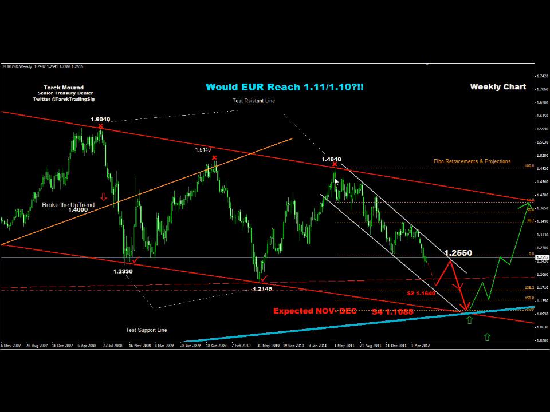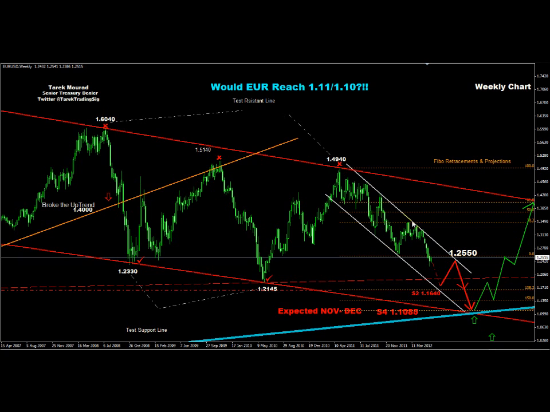So as we can see here, the euro was testing first the upper channel, then went down, tested here, then went up, tested the upper channel, went down, tested, went up again, and